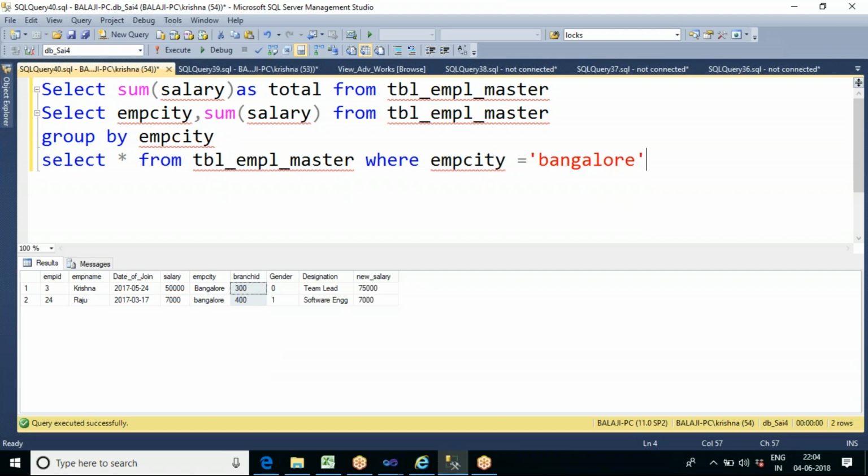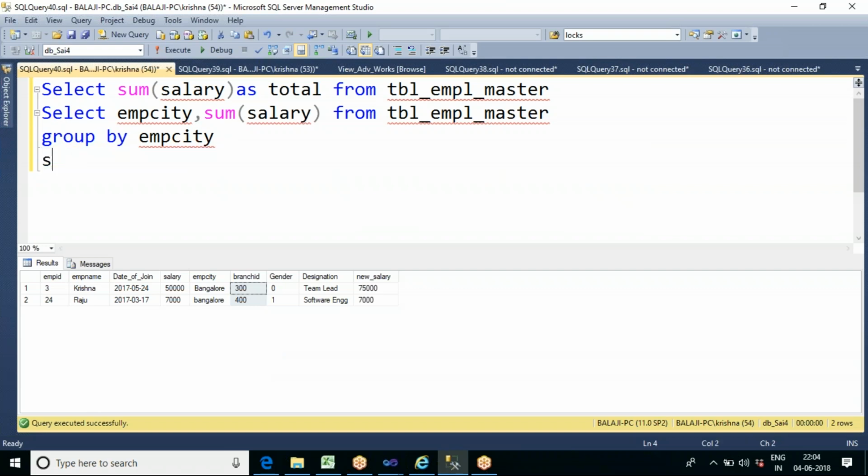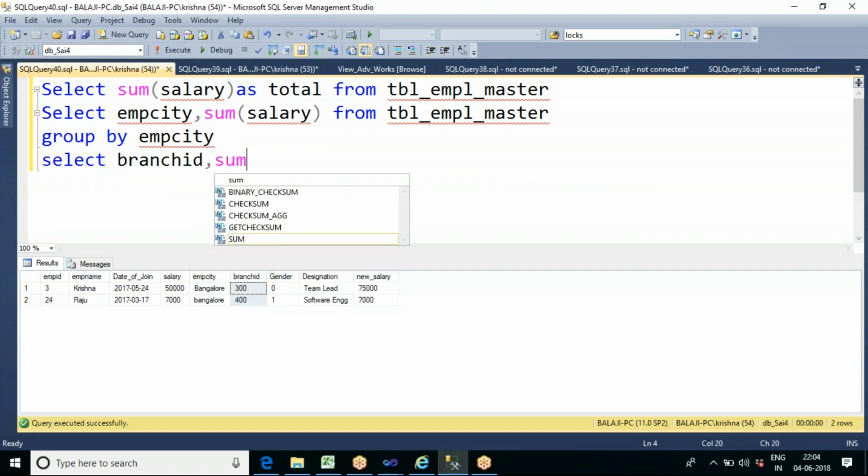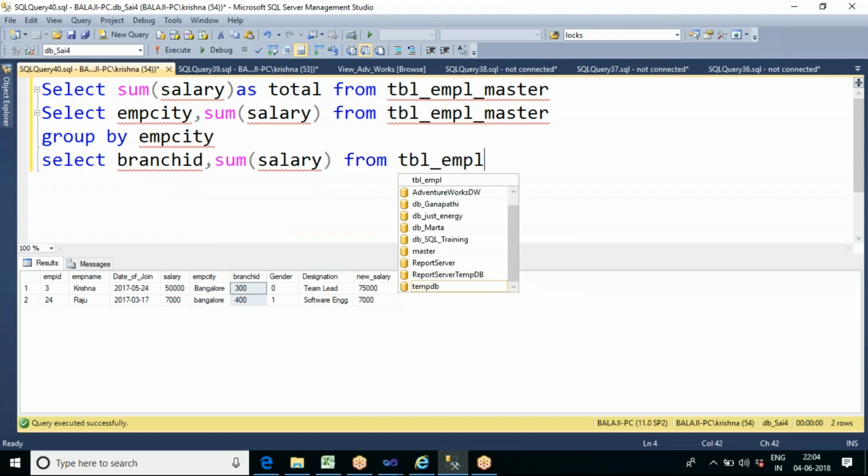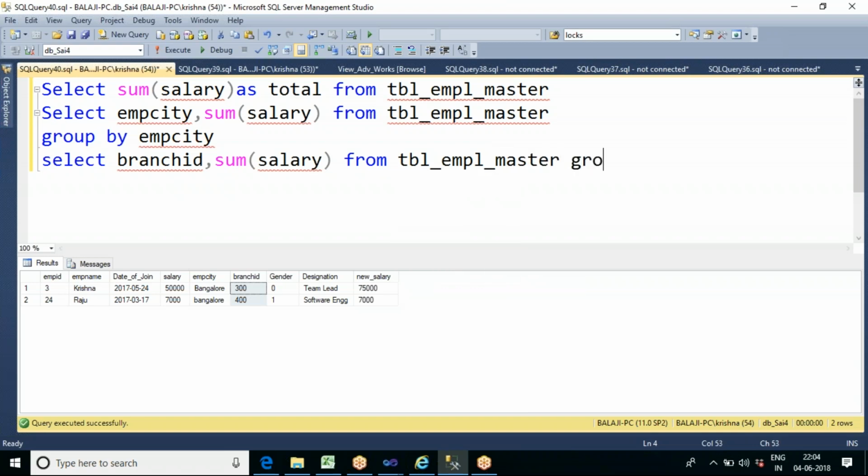If he wants the branch wise salary, we'll write select branch ID comma sum of salary from table underscore empl master group by branch ID.